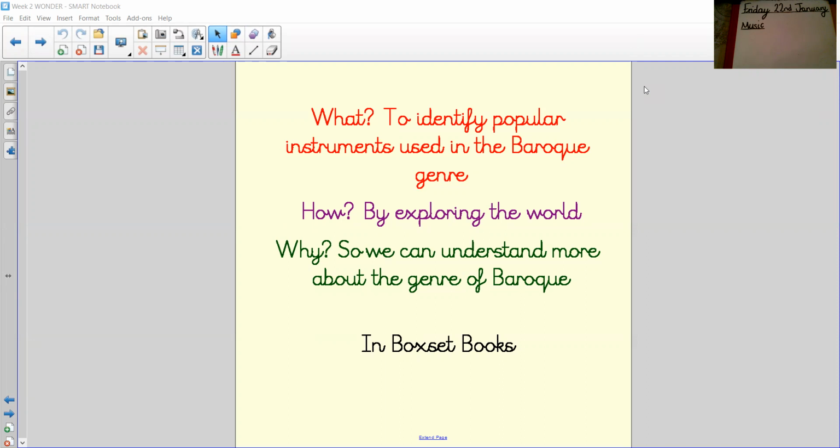Okay, so today we are going to be looking at and identifying popular instruments used in the Baroque genre. So in Year 4, we have a couple of genres of music to look at. And so we're going to be exploring the world and exploring the music to develop our understanding of Baroque, something that I wasn't really very familiar with before doing this, so we can learn together. And we're doing it so that we can understand more about this genre that we look at in Year 4. At the bottom of the slide, I've put that this is going to go in our purple Wyndham